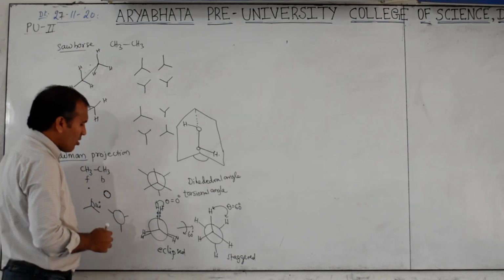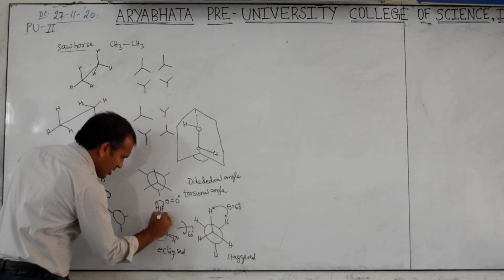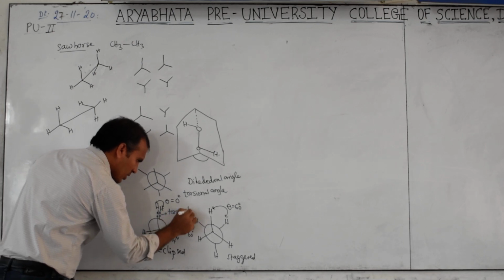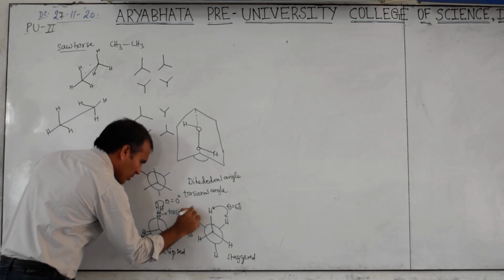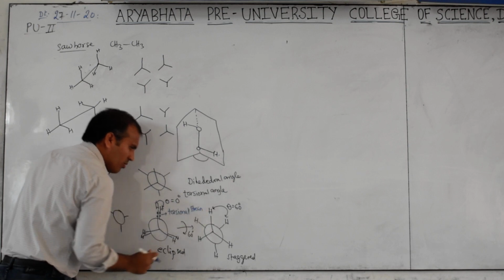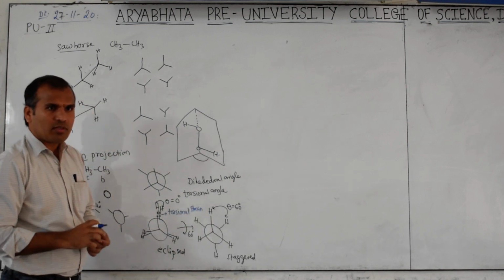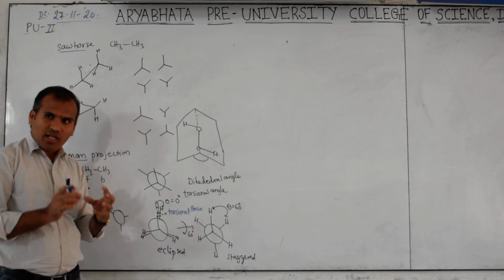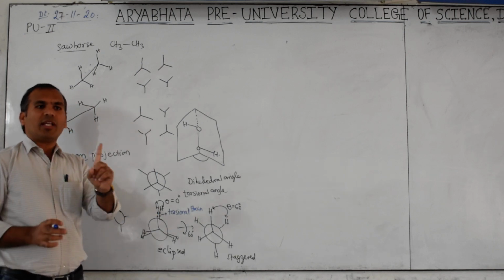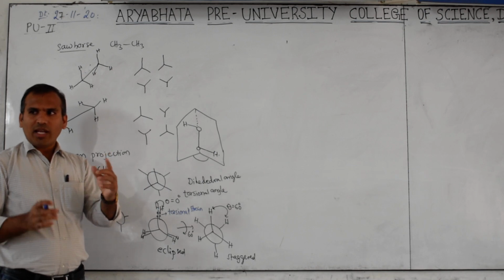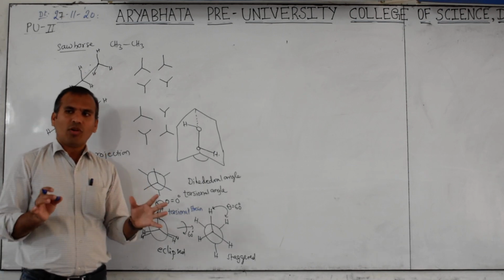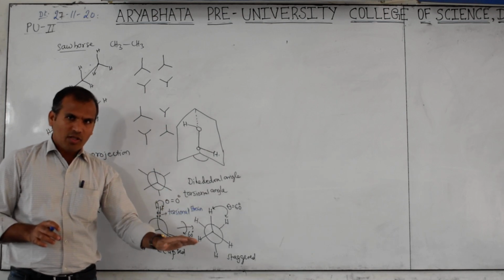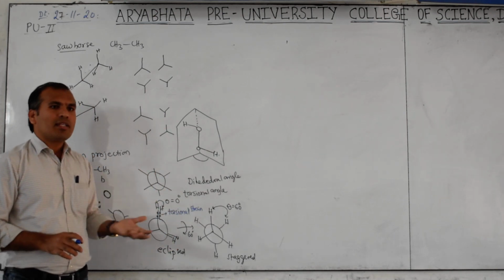Okay? This is called torsional strain. What do you call this? Torsional strain. Strain means like angle strain type. So due to this electron repulsion, whatever the energy increase, repulsion means energy increase, keep in mind. Energy increase means that is unstable. Any molecule with a higher energy is unstable. Any molecule with a lower energy is stable. So due to this repulsion, energy increases.